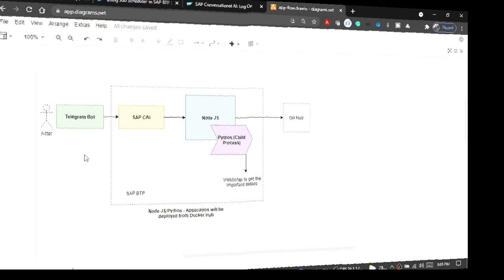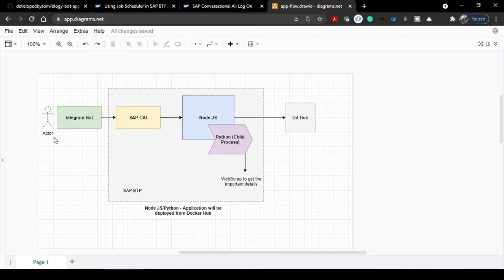With this process flow, the user will start entering the URL to the Telegram bot, which will get into the SAP CI section, and it will use its gold entity to detect that URL. Nothing much we need to do here, and the only thing is we have to ensure that it does connect with the Node.js application, and there it will have a Python as a child process which will do the crawling of the URL to get the important details.